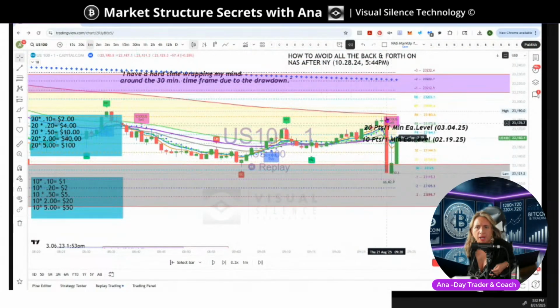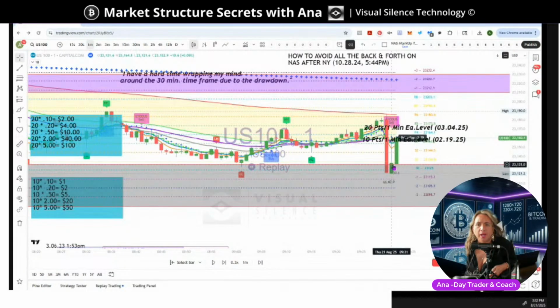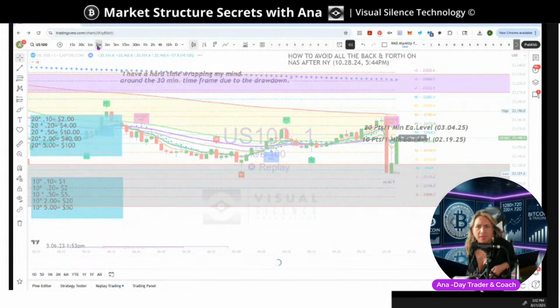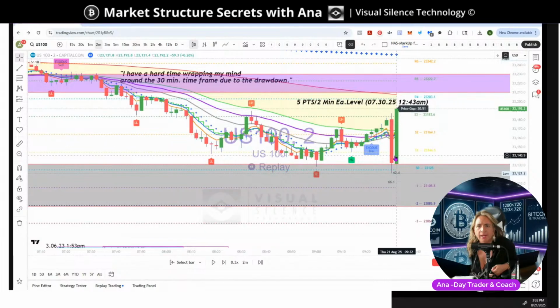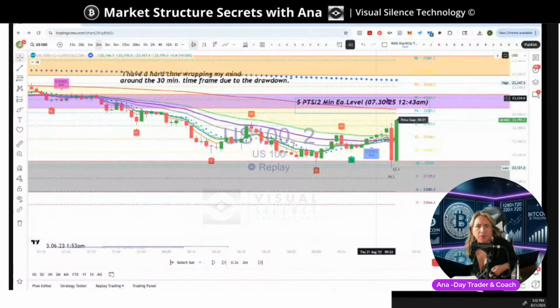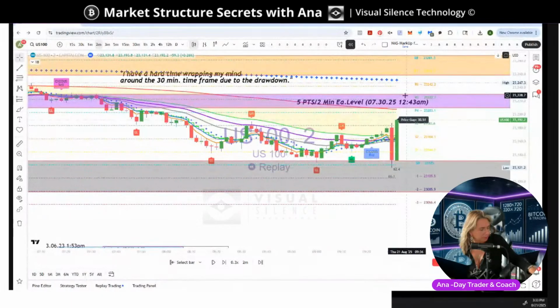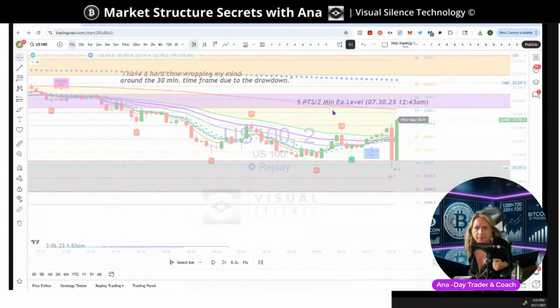Okay, this is what it's looking like on my 1 minute. I also have my 5 minute up and my 2 minute. So we can't split it up, but we'll go and see what the 2 minute looks like at this point. Okay, the 2 minute looks better, more clarity for us to see what happens. Off of the 2 minute, I would be like, oh, I'm going to wait till it gets up into here, or I might take it to here. But I'm not trading the 2 minute off of what my situation was. Okay, so going back to the 15-second,